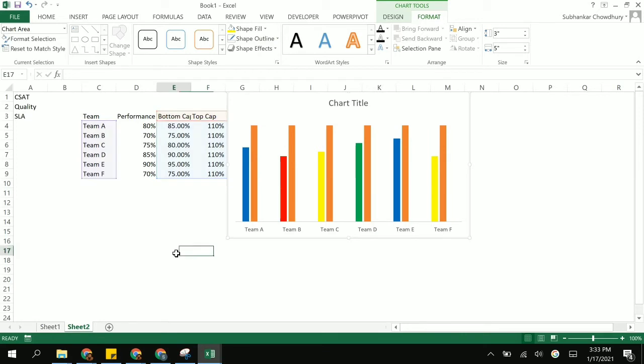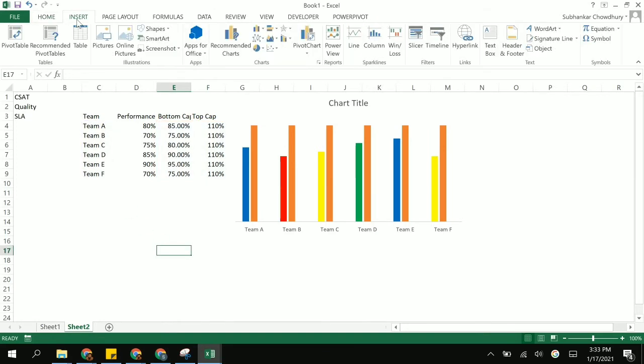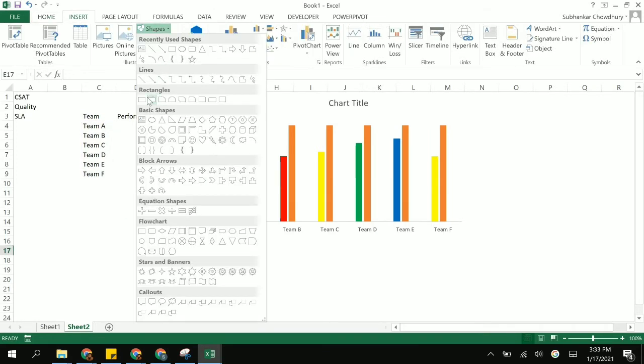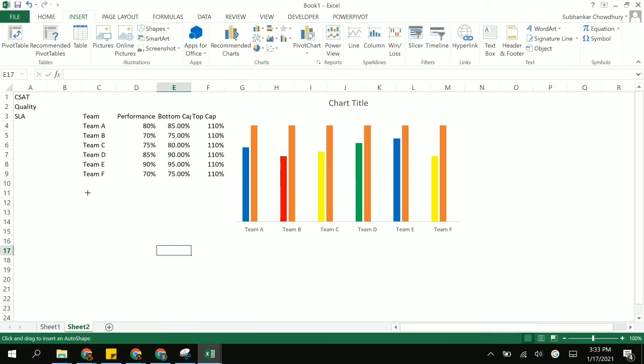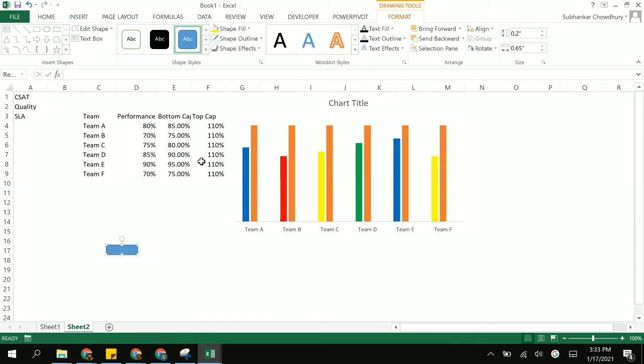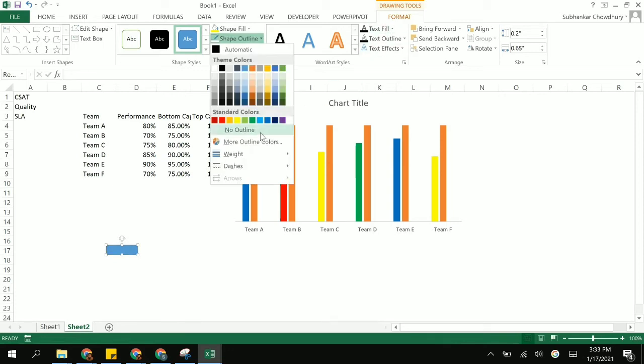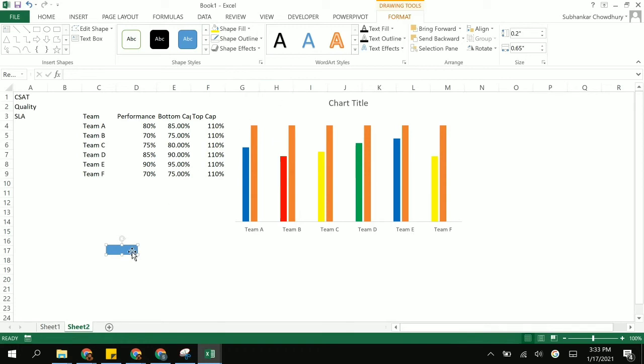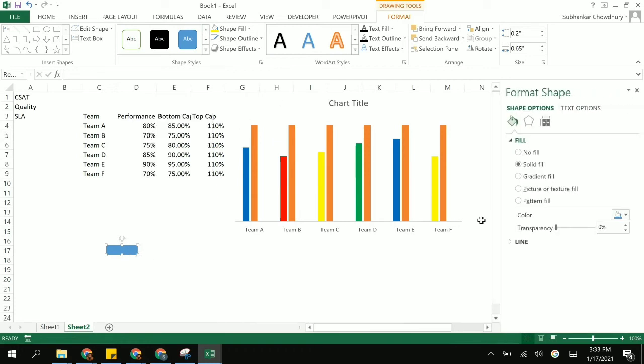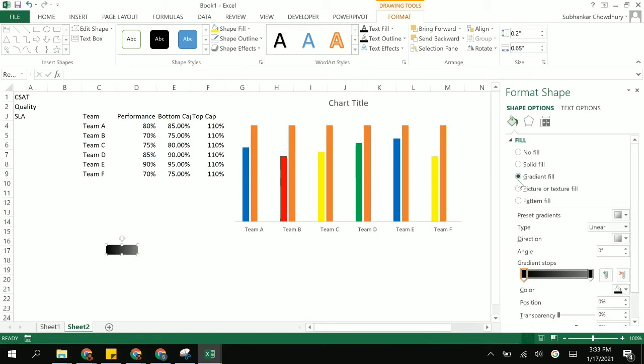Now I need to create the tube, so I go to insert shapes and select this rectangle under rectangles. I will try to match it with the cursor here. That's your choice. You may want to do it or not. So shape outline, I'll take that off and then right click and select format shape, and I'll go to gradient fill.